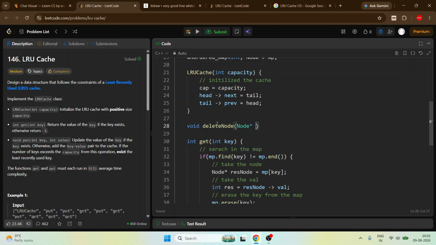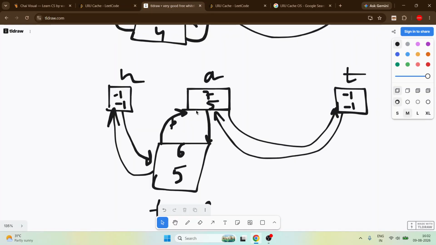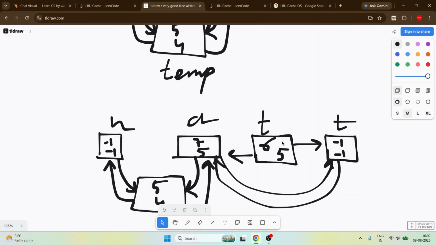What should be our point? Delete node should be the function. So take node star del node. So our node name is del node. When we are deleting something like here, we need this a, or if there is no tail. Okay, not the tail. So if we have to remove this 7,